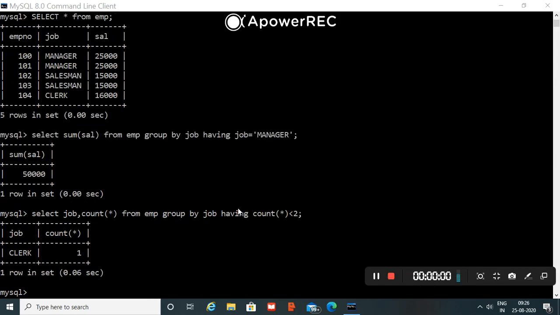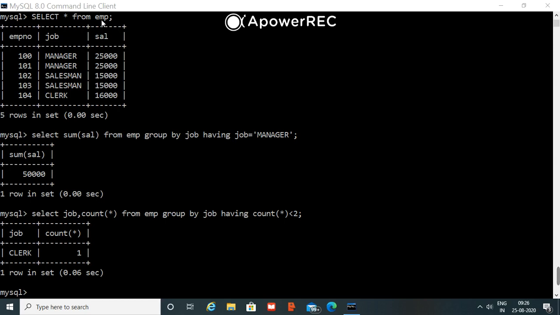Now we are going to discuss the use of the having clause. I have prepared the table, and the same table EMP is going to be used over here. Before we start using the having clause, we should understand the difference between the having clause and the where clause.